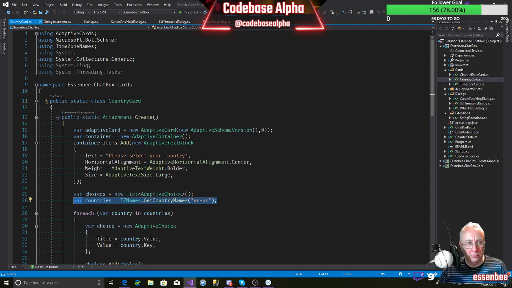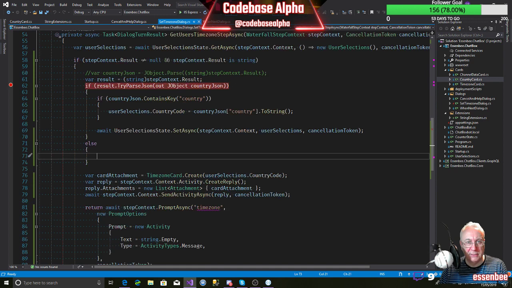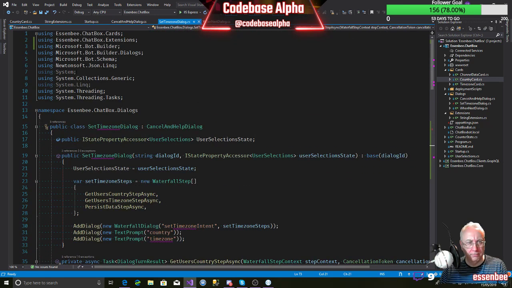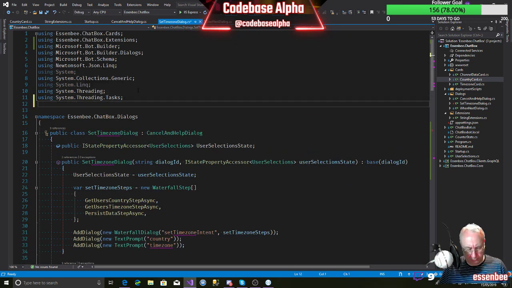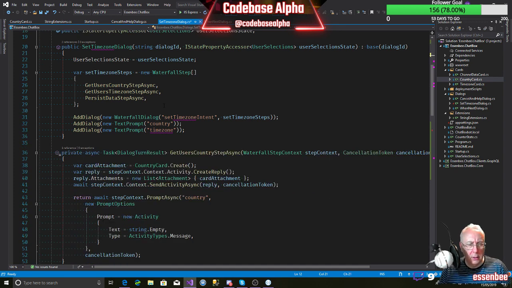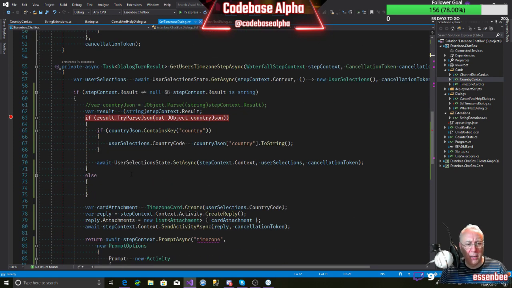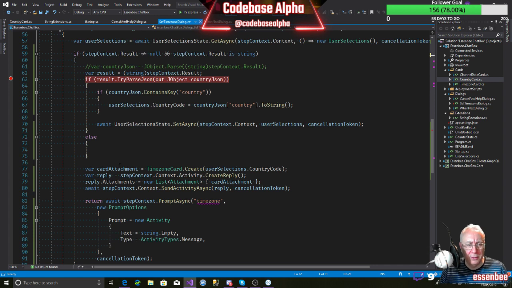Let's bring in time zone names to the set time zone dialog, like that. We're probably going to want to pull this out into a method, but we'll just write it inline for now. We probably want to actually do the whole of this as some kind of method, but let's think what we can do. So we know we've got a string, but we haven't got JSON.